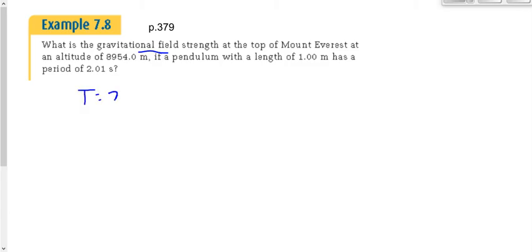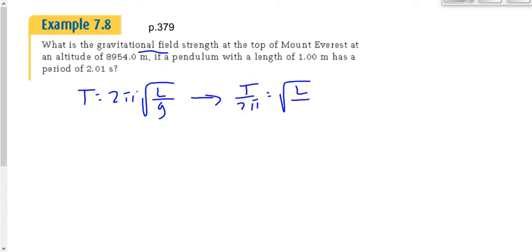We're going to say T is equal to 2 pi square root L over g. I'm going to rearrange this again, even though I just did it, because I think there's value in going through this again. The more times you see it being rearranged, the more likely you are to be able to rearrange it. I want to solve for little g, which is the hardest variable to solve for. So I'm going to take the 2 pi over by dividing. T over 2 pi is equal to square root L over g. I'm going to take the square root over by squaring. T over 2 pi squared equals L over g. I'm going to take the g up by multiplying. g times T over 2 pi